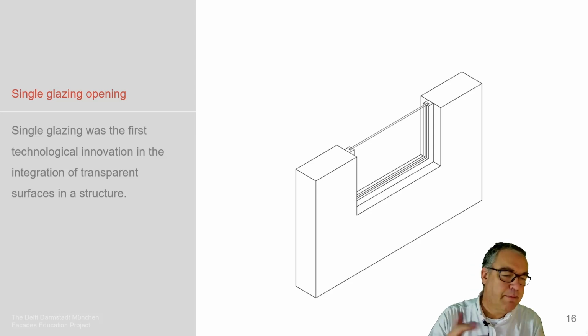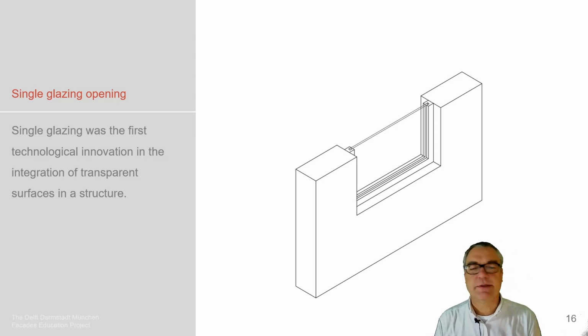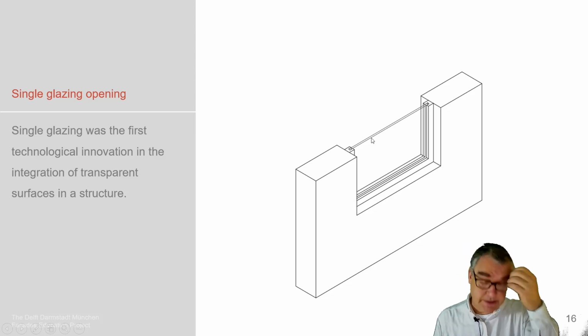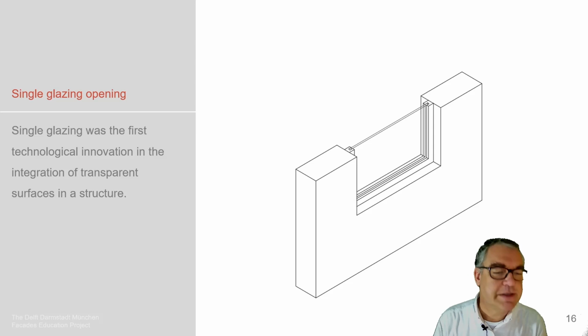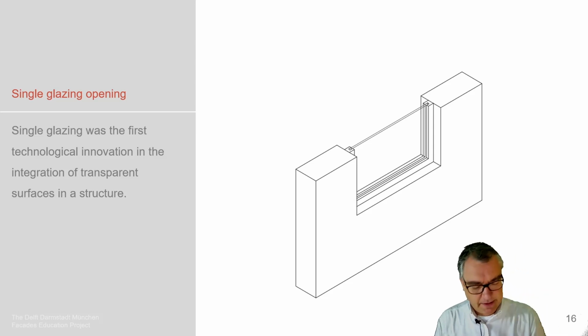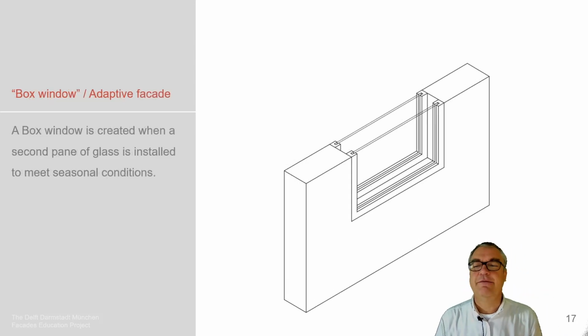We have three main ways of doing these windows. It's a single glazed window, so one single layer of glass being positioned. Advantage of this, it's simple to be installed. Disadvantage, obviously, we lose a lot of heat, which is why we developed the next level of this type of